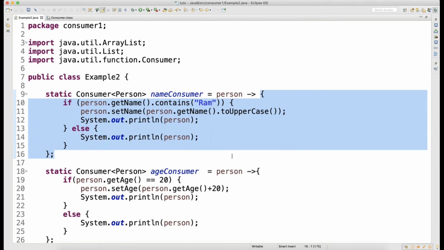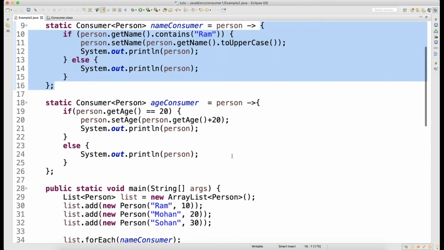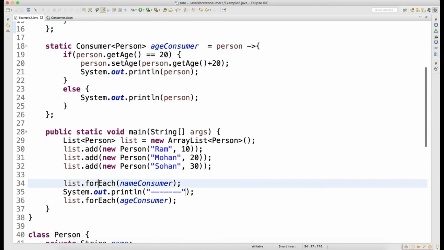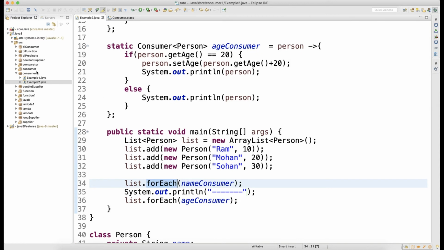Okay, now is it possible, can I call this accept method on the consumer directly by passing the list without using a for each loop? Here I'm using a for each loop which internally consumes your consumer, but your requirement is don't use for each loop, just write a consumer which will take a list of the data as an input, and your accept method will process all that. Is it possible? Yes, it is possible. Let me show you with the example.